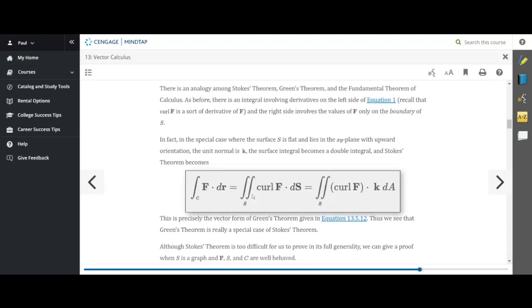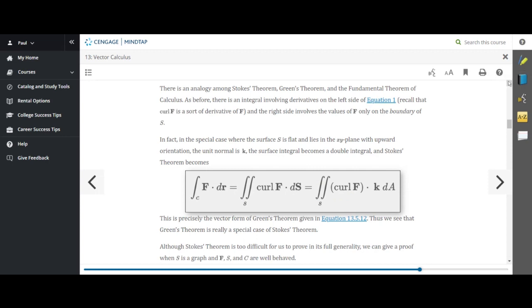Yeah, I'll just mention this. It's worth mentioning. So in the special case where the surface is flat and lies in the xy plane with upward orientation, the unit normal vector is the k vector, and the surface integral becomes this double integral. But again, generally, there are special cases for certain surfaces where Stokes' theorem can be expressed